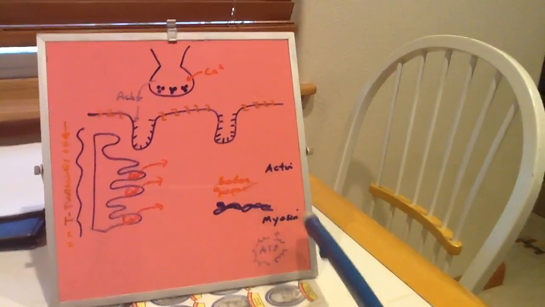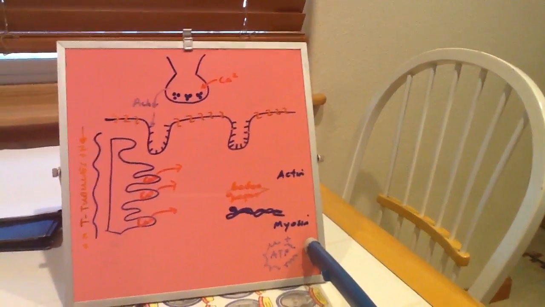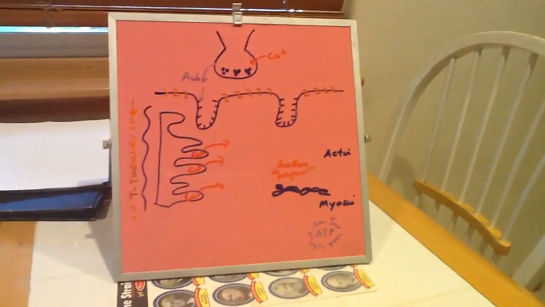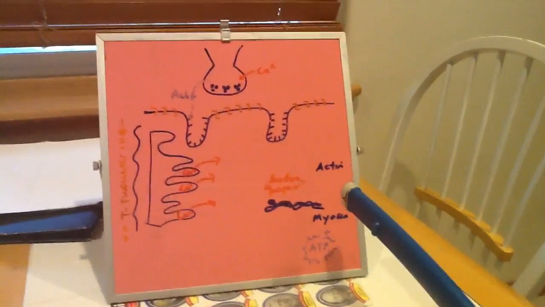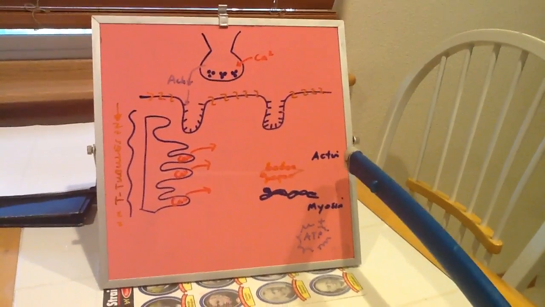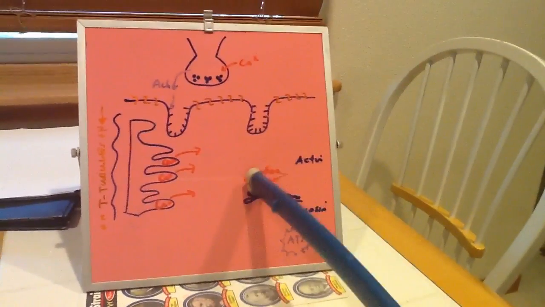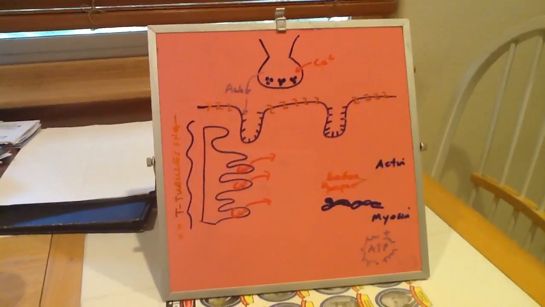This is actin and myosin. The actin is the thin filaments, and the myosin is the thick filaments, excuse me. The calcium will bind to the troponin, which causes the tropomyosin to shift and expose binding sites on the actin itself. And once that happens, then